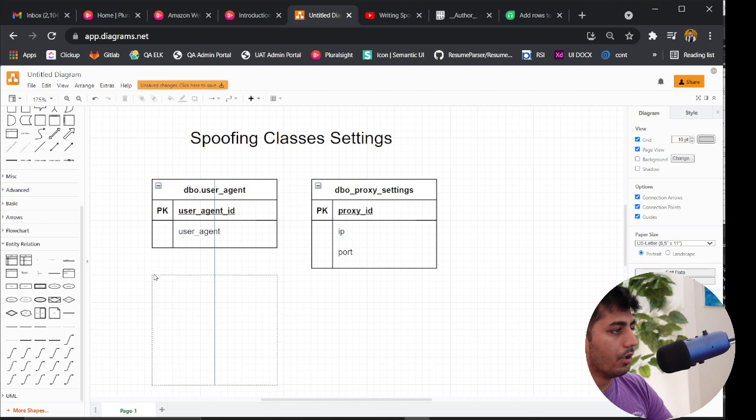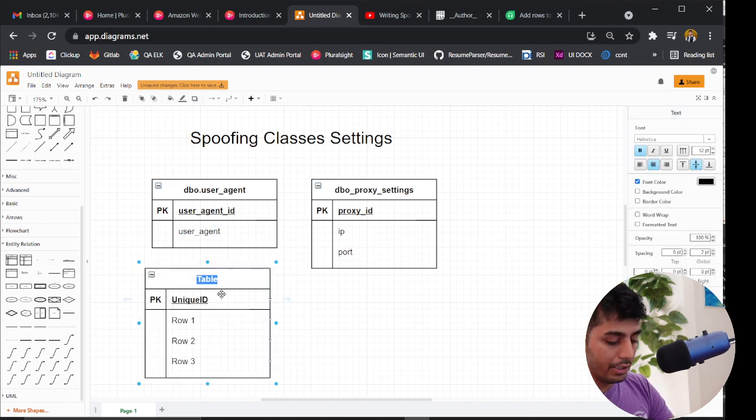Now let's put up the next table. So this table right here would be essentially settings, right? So over here we need settings ID, which is a primary key. Then we need headless. This is going to be a Boolean flag, a Boolean data type. Then we need proxy. That means for a given website, do you need a proxy? Then we have headless, we have proxies. Then we need a user agent. So again, this is also going to be a Boolean, right?